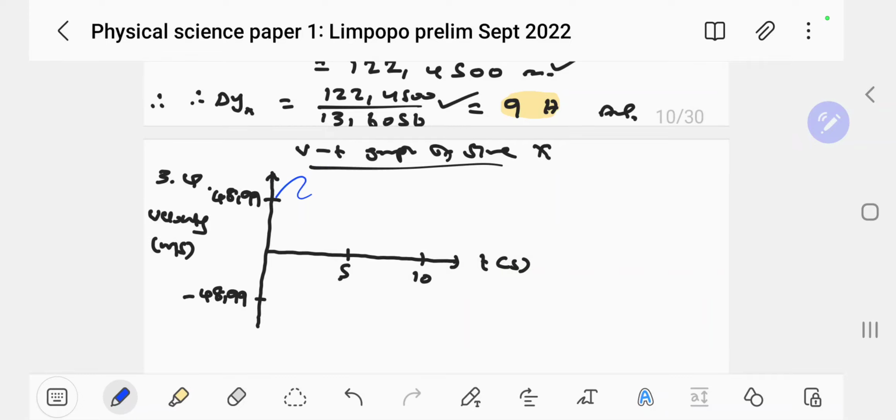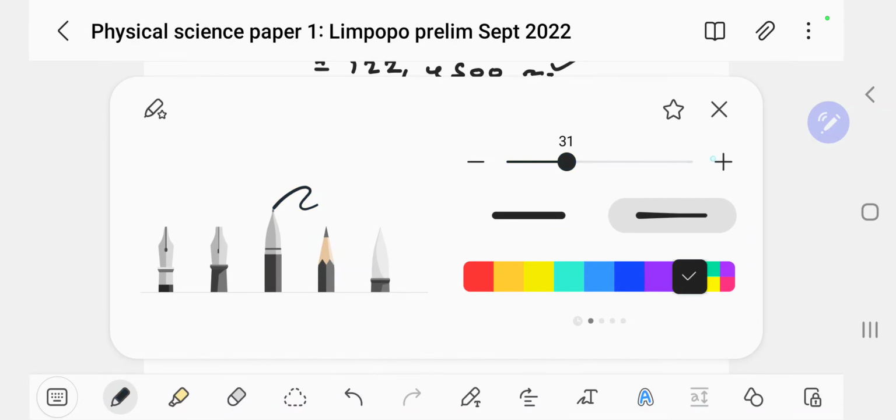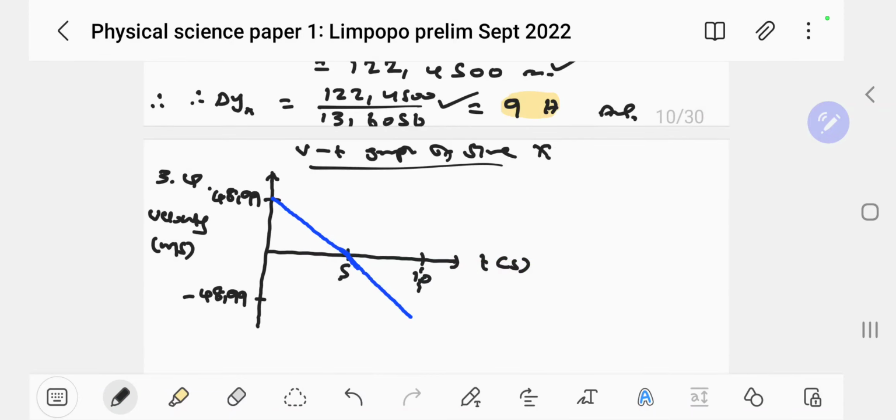So all you know is that this thing is going to decelerate to the maximum height, which is going to be at 5 seconds, and then continue on its way down to hit the ground. But now here, be very careful to make sure that this indicates that this ends here. It has to be clear that this ends at that velocity, and it also ends at 10 seconds.